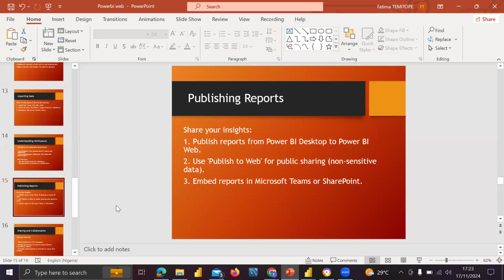Publishing reports, you can share your insight, publish reports from Power BI desktop to Power BI web. Then you use publish to web for public sharing of non-sensitive data. Have I taught you guys on RLS, row level security, how to perform row level security on Power BI desktop? Have I taught you guys on that?